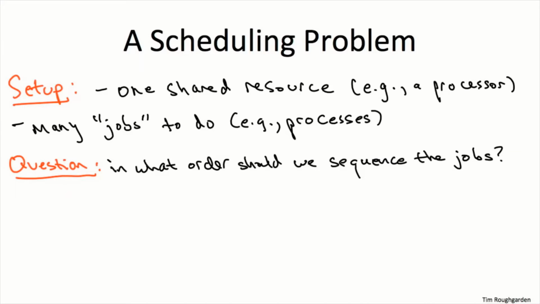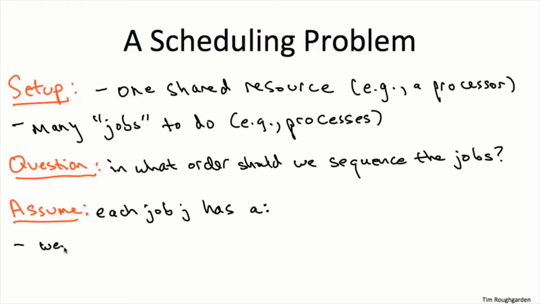So obviously, to answer this question, we need to pin down the mathematical model a little bit more precisely. Let's start with, what are the characteristics of jobs? What information do we have that might lead us to prefer one job over another? Well, for this problem, we're going to assume that each job comes with two known parameters. First of all, a job J has what we're going to call a weight W sub J. That's a non-negative real number. You should think of the weight of a job as quantifying its importance. That is, jobs with a higher weight in some sense deserve to be processed earlier than those with a lower